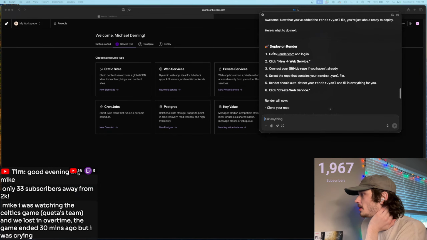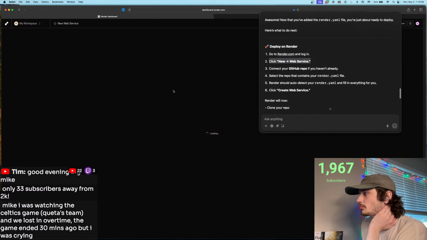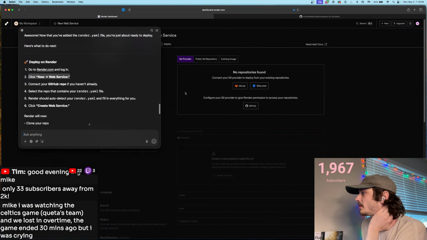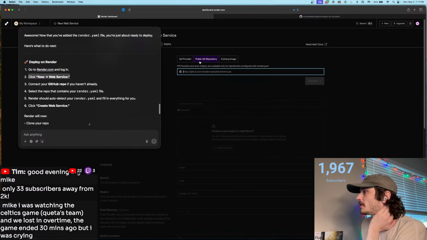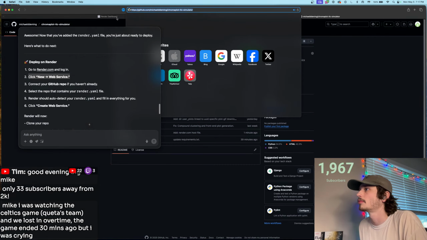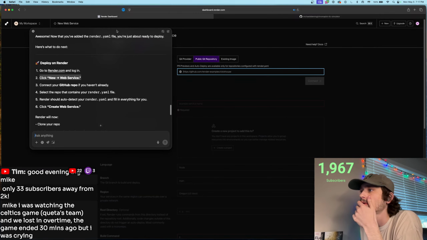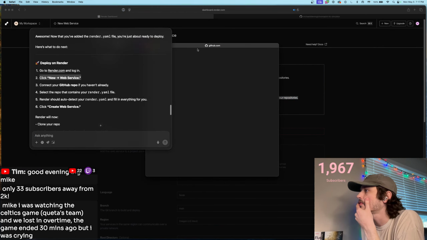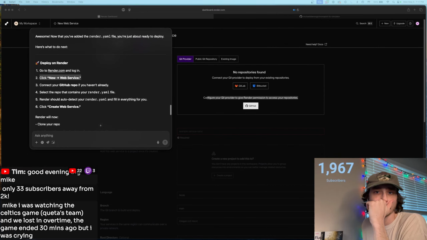Go to render.com and log in. Click New Web Service. Okay. Configure your Git provider to give render permissions. Public Git repository. So we'll just configure this, I guess, to allow for